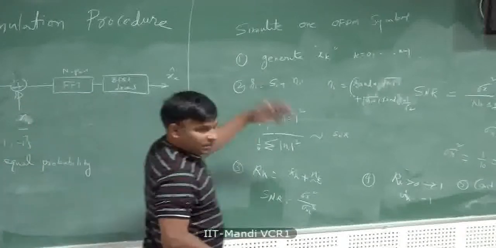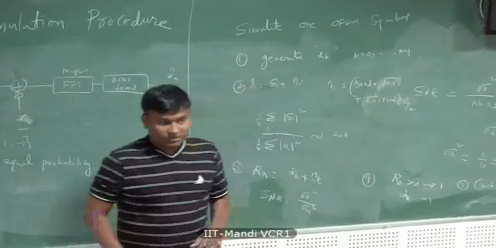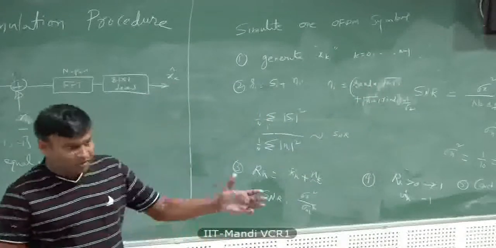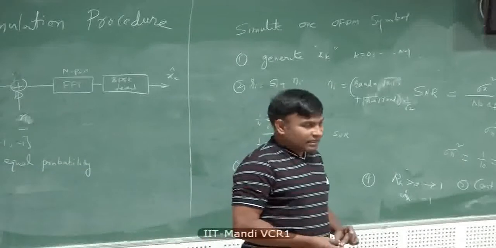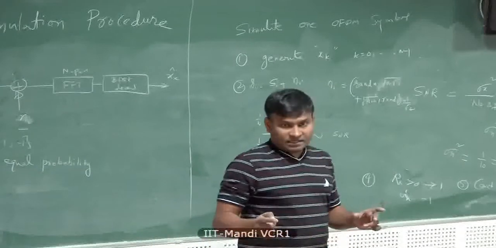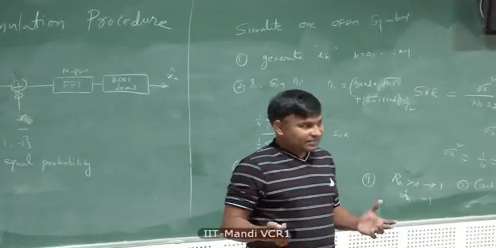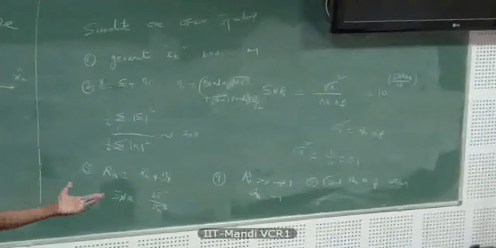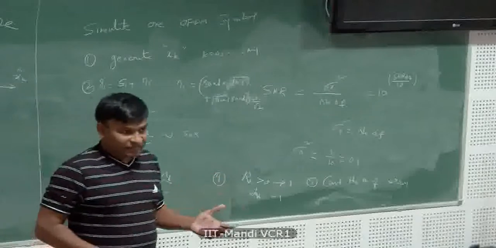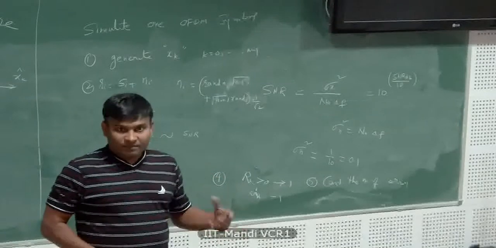So you can repeat this 1000 times or 10,000 times. And the longer you repeat, the more accuracy you will get in estimating the bit error rate. And compare that with the Q function. What is the theoretical probability of error? You know that, right? For BPSK, that you calculate in MATLAB. There is a function called Q function or complementary error function in MATLAB. Use one of them and get it.